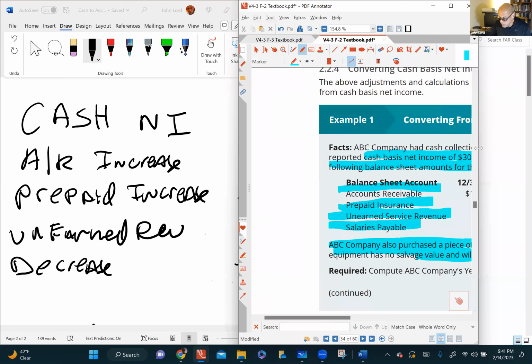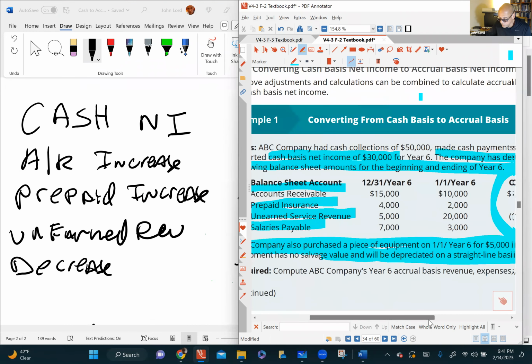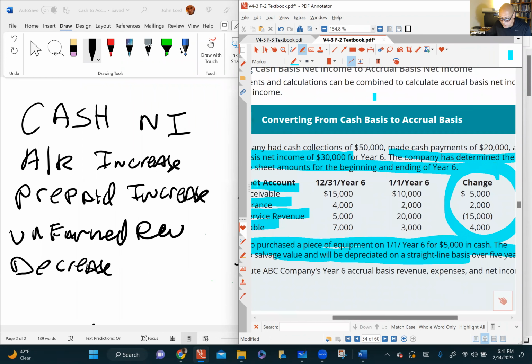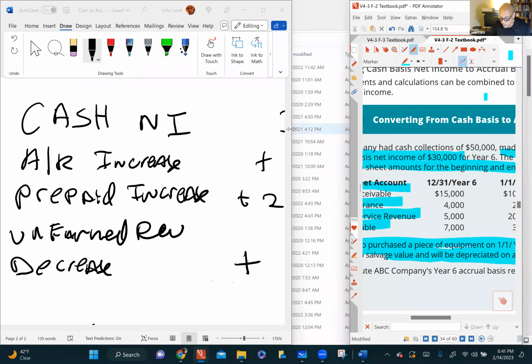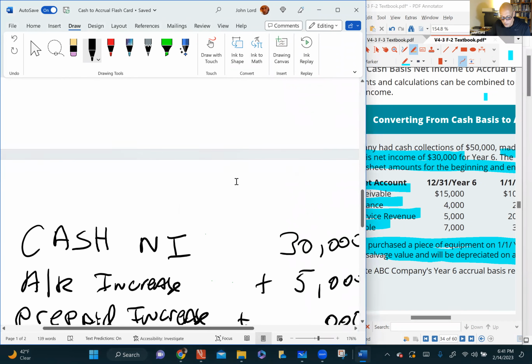Maybe I can do it this way. I just want to see the changes. Okay, so I sat there and I took the net income. I started with the net income of 30,000, and then I just followed the rules as they appear on the